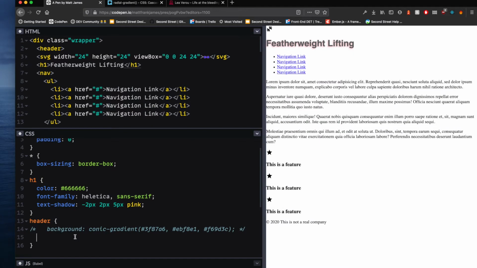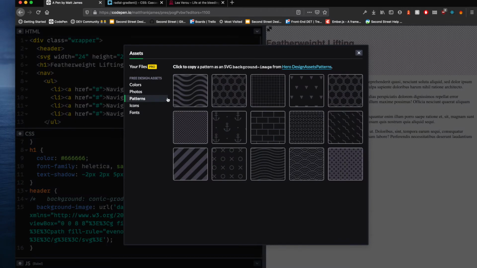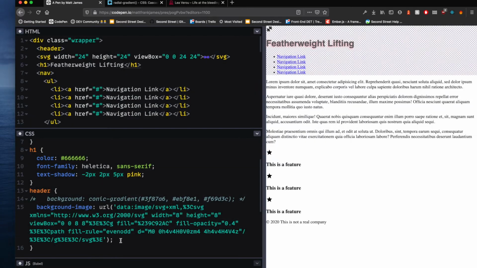And then paste that in here. And now we're going to have a repeating pattern behind my header. So what I just did there was I clicked Assets, selected Patterns, clicked on the pattern, and then it copies it to your clipboard. And from there you can just paste that, and it'll paste the entire line of CSS into your selector. So now that I have that background, I'm going to start moving things around in here in